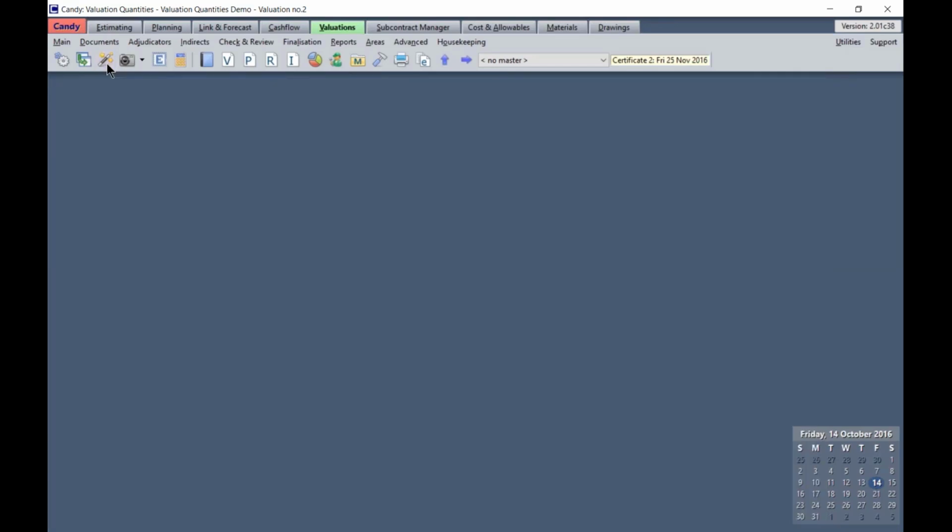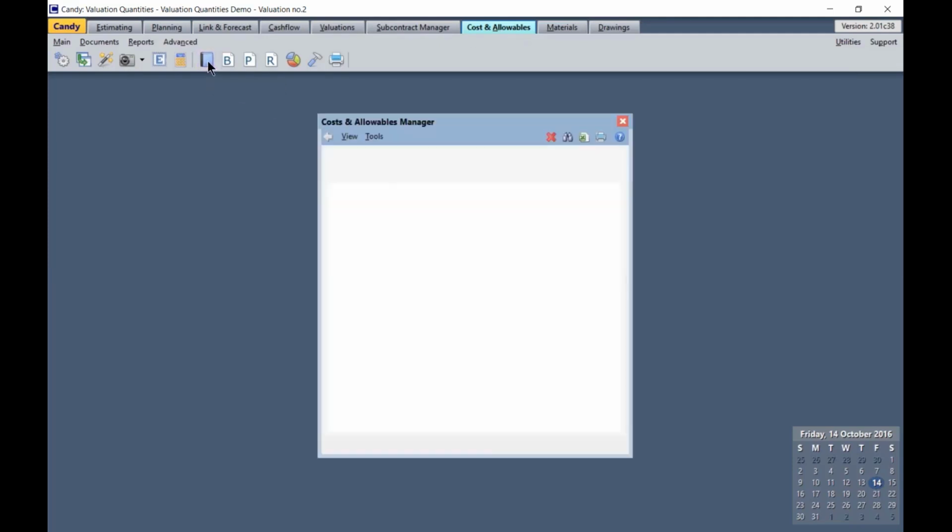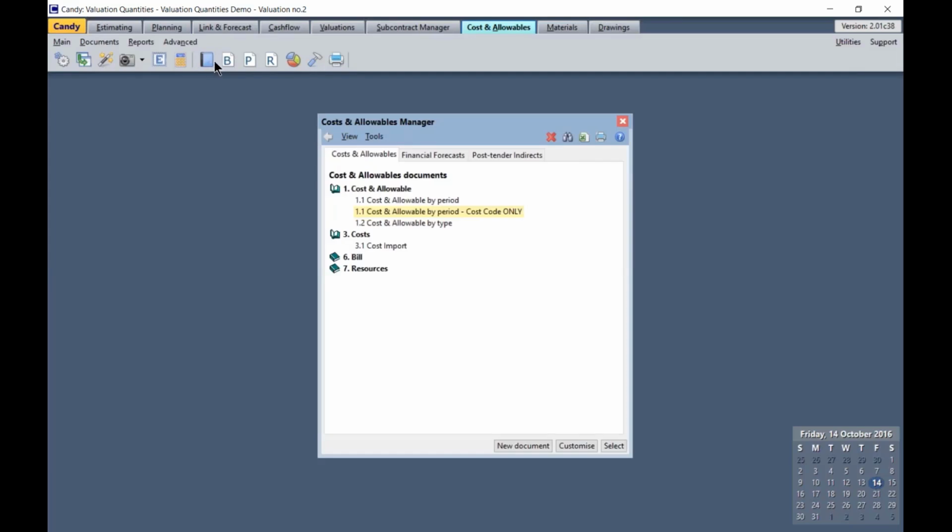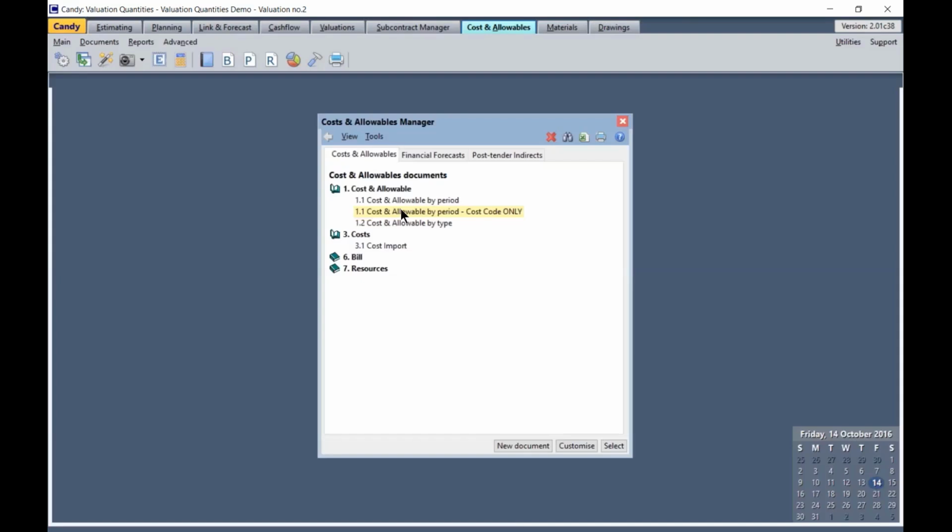So then, to see the effect that these valuation quantities will have on the project cost and allowables, I will now switch to the tab Cost and Allowables. and then open up document 1.1, my cost and allowable by period. So I'll click on my document manager, select on document 1.1,